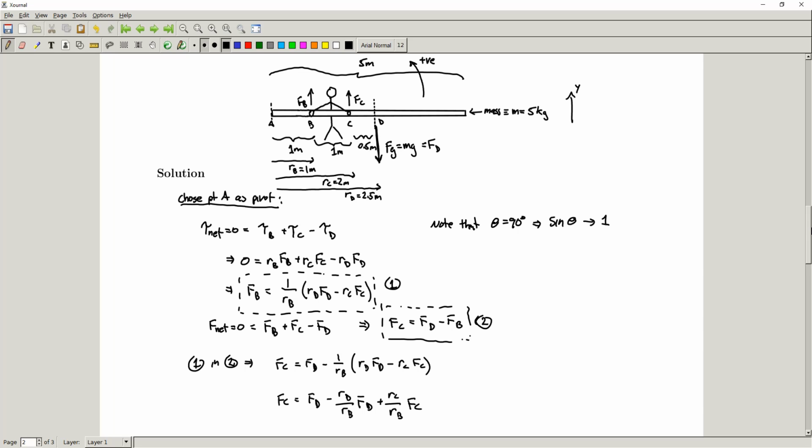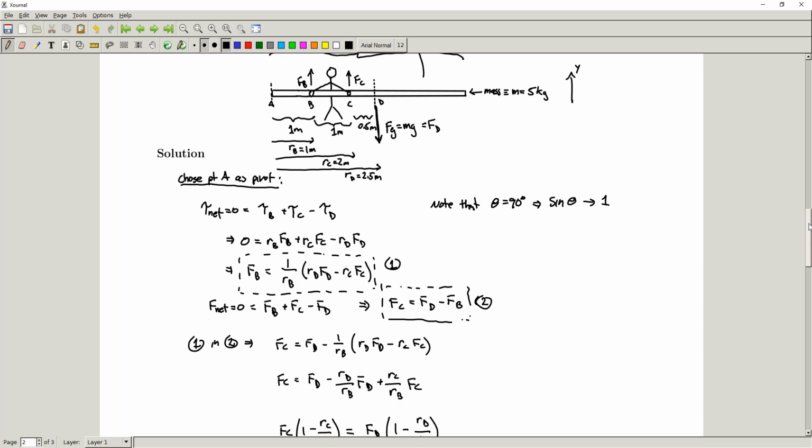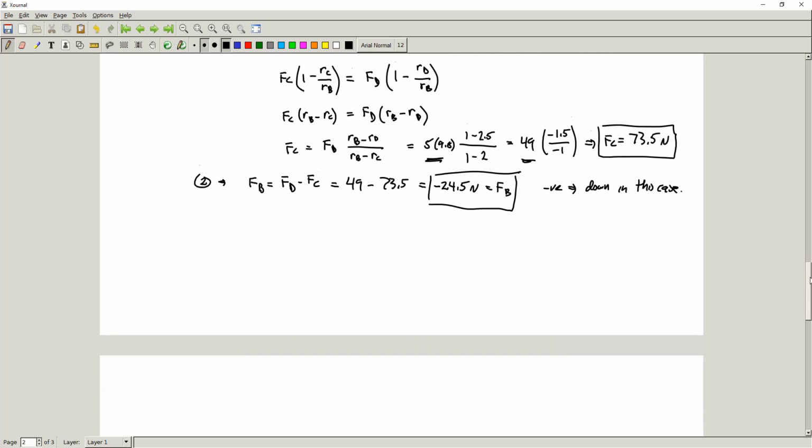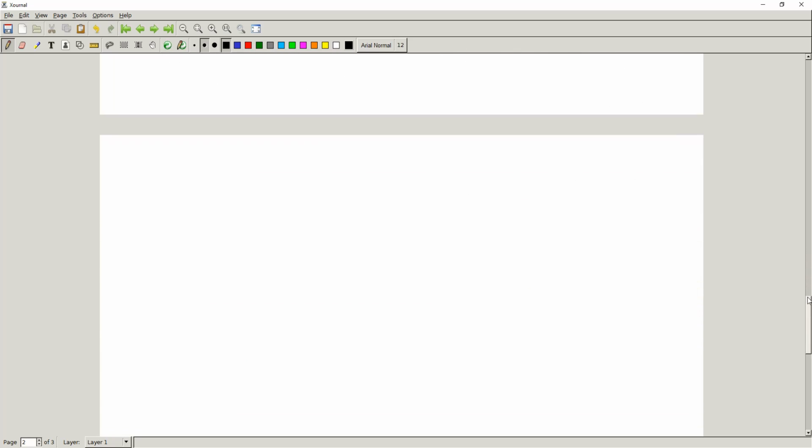Okay, so this was the calculation with our choice of pivot at point A, but we're going to see that this problem can become much simpler. So we had a fair bit of calculation to do here, but we will see that this problem is made more simple if we choose a different point. So let's now choose point B as